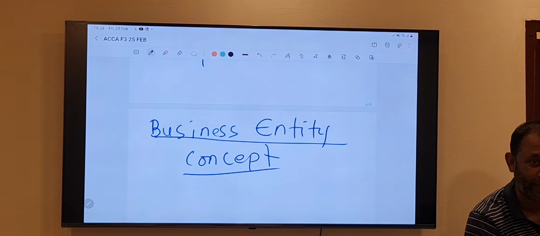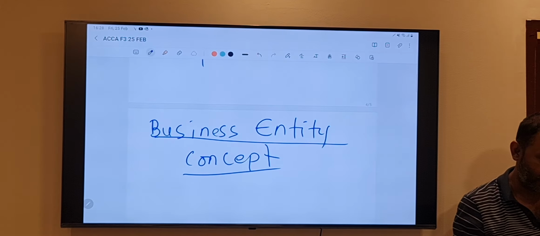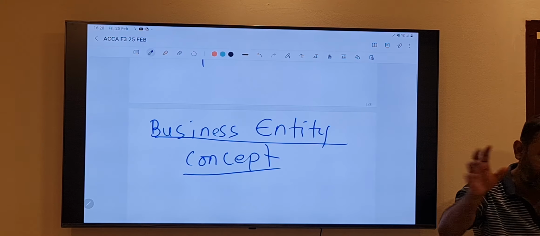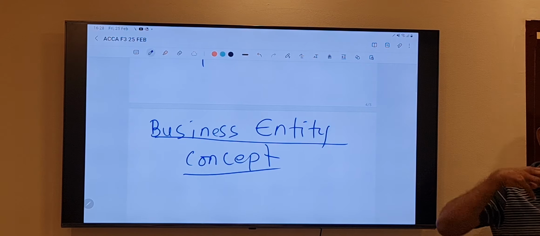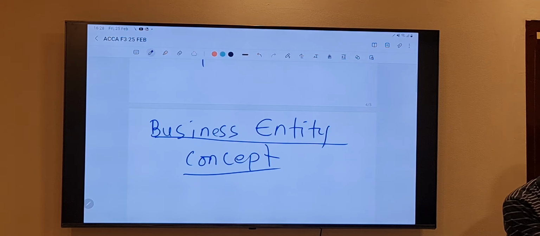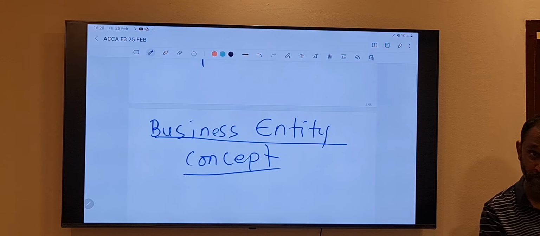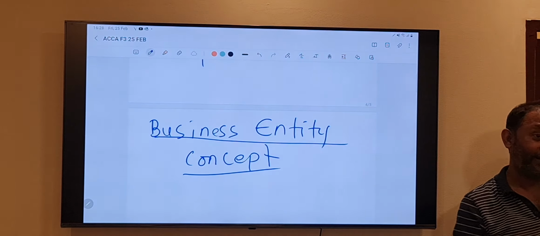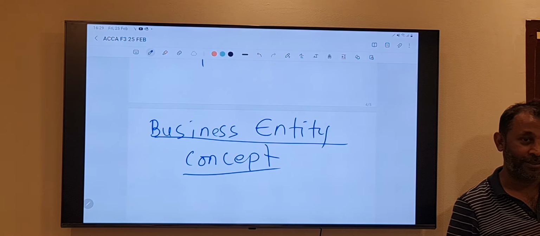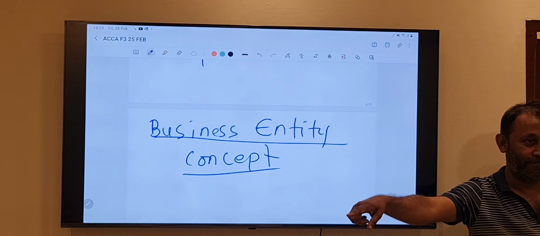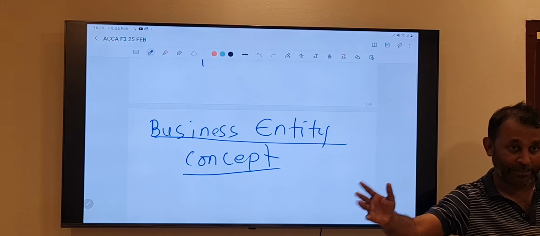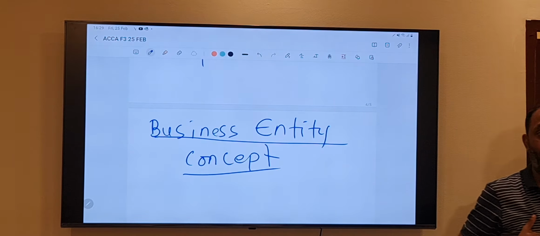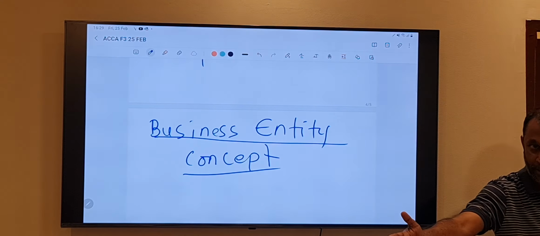You need to understand that very clearly. But the moment he brings this 5,000, how much did I introduce? 5,000. So this 5,000 is something like a loan given to the business by the owner. That's why we call it capital. Later when we study debit and credit, we write that capital is a credit. Why? Liability is also credit, so this is also a liability. Later we will study that. But the point I am trying to say is that I have given 5,000 to the business.